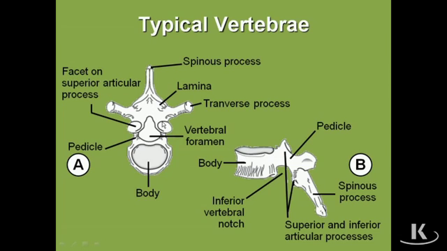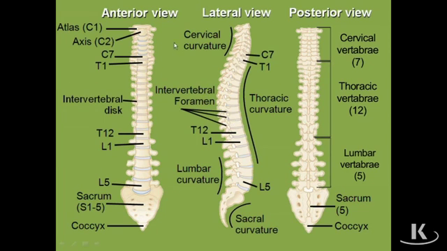And we'll have some processes coming off the top and bottom of the vertebra, which can be seen better on this lateral view. And those will be the articular processes that will allow for the formation of joints between the adjacent vertebrae. So when we put these individual vertebrae together, we end up with our vertebral column. And the view on the left is an anterior view looking at the vertebral column from the front. And what we can see from that view is primarily the vertebral bodies and the intervertebral discs between those vertebral